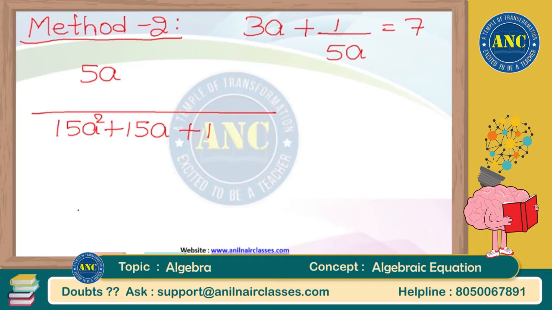Now, think a little logically. I want to get 3a. Out of the denominator 15a square, I want to get 3a. How can I get 3a? I can get 3a here if I divide this first term by 5a. Forget about dividing all the three terms by 5a. Assume that only 15a square I am dividing by 5a. 15a square by 5a is 3a. Yes, that is what I need. Yes, I am very happy for that.